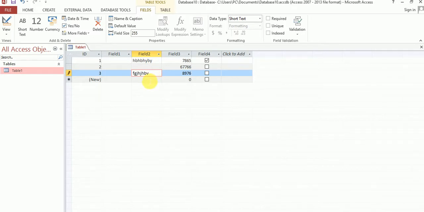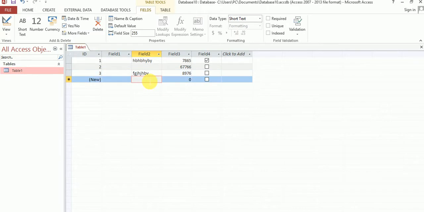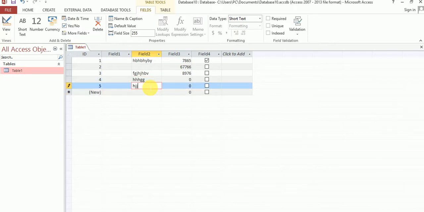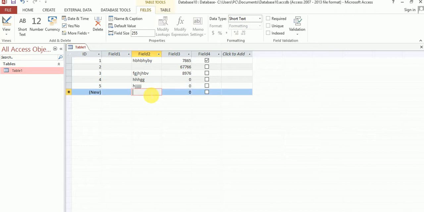When you click on the next row, it automatically generates the next row. Same process each time.